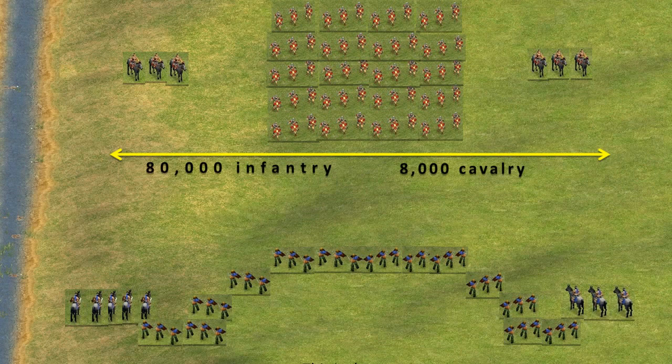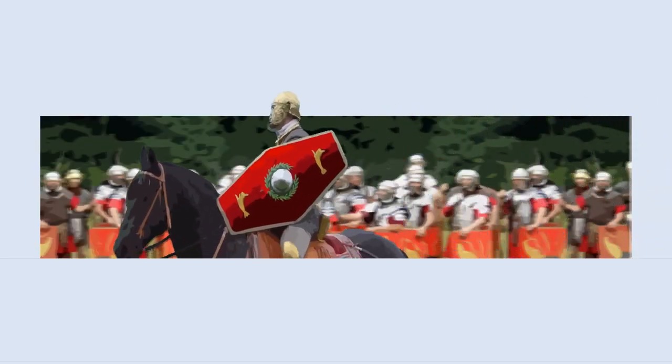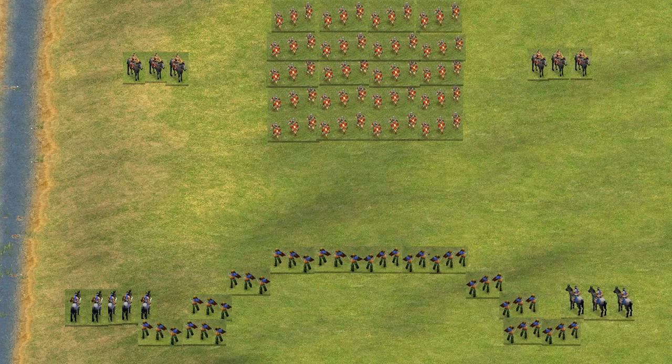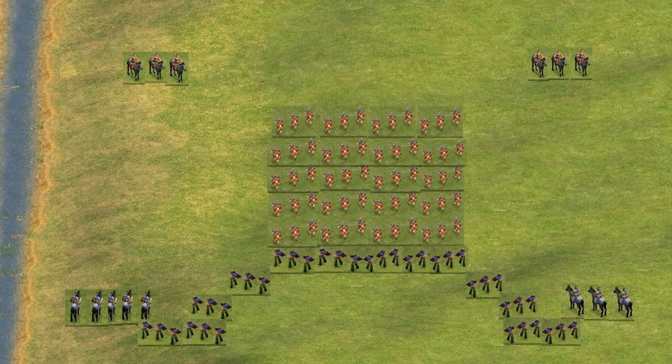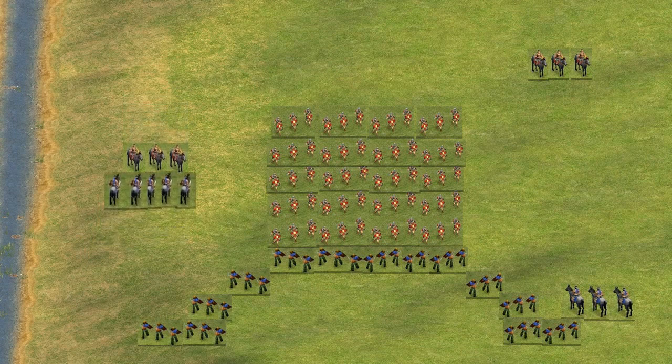All of the Roman infantry were positioned in a deep and narrow formation. With their much bigger army, the Roman tactics on the day was to overwhelm the Carthaginians. The Roman cavalry were positioned on the left and right wings. The battle began with the Carthaginians holding line against Roman infantry. Hannibal's heavy cavalry on the left engaged the Roman horsemen, and the cavalry on the right, made up of Numidians,